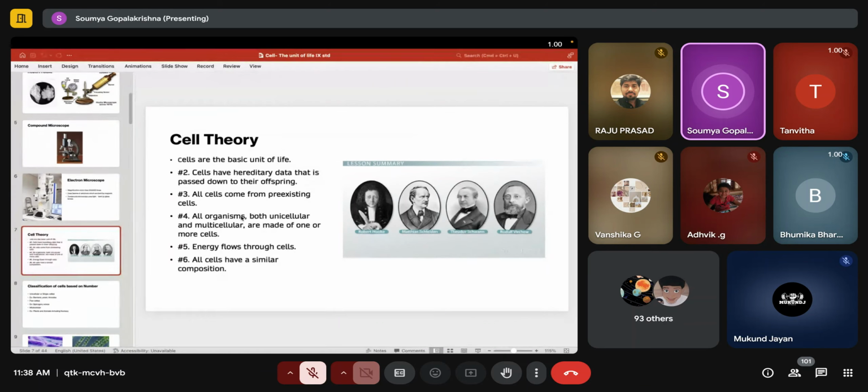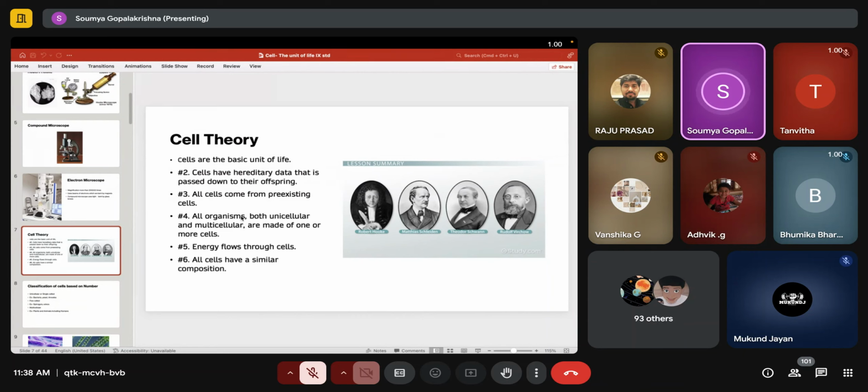If a new cell has to be formed, because every cell has got a lifespan, in your body also, all cells are not formed together, all cells do not die together. Every cell has got a lifespan. For example, the cells in your bone have a lifespan of about 10 years. Your white blood cells have a lifespan of only 15 days. Red blood cells in your blood have a lifespan of 120 days, right? Every cell in your body has a certain lifespan. Now, when the lifespan of the cell ends, before that, what does it do? It will produce new cells.